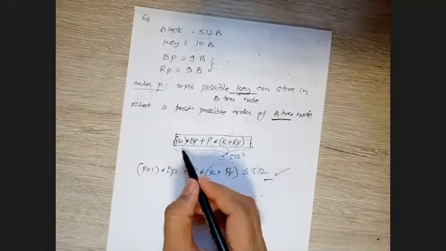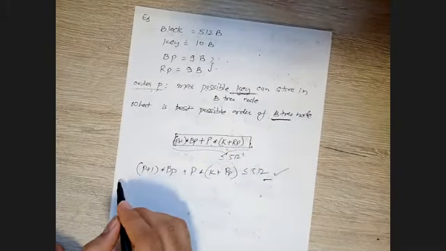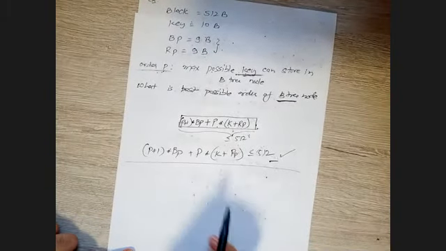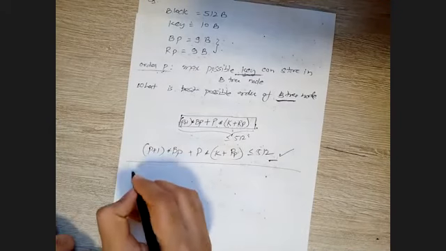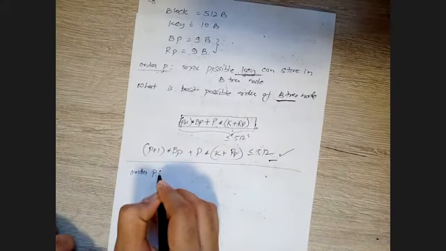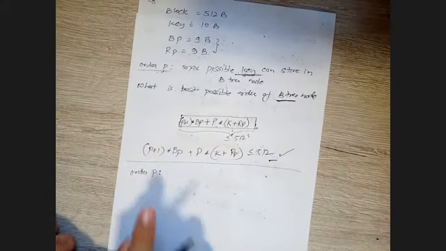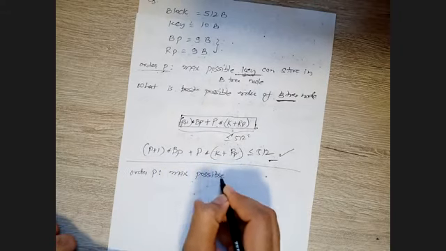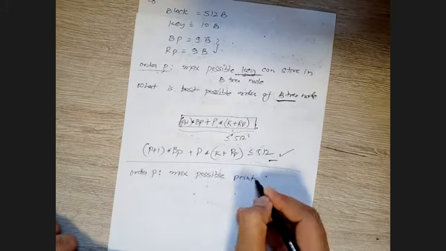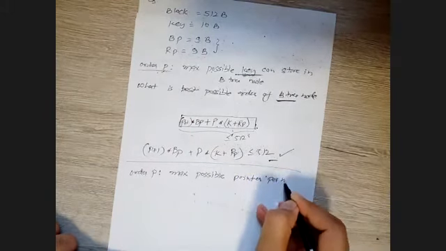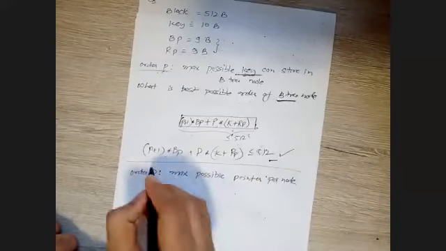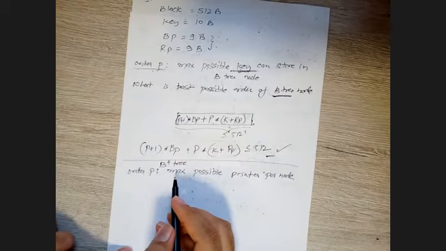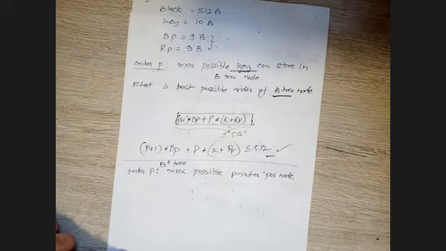Everything is about this formula, right? So I will not take the value, rather I will just tell you how the formula will be. For example, we are given all the same values, right? But again, focus on the order P, what actually the value of order P is. The P says the maximum possible pointer per node. This is for your B plus tree, not B tree, right? So what is the best possible order of the B plus tree?